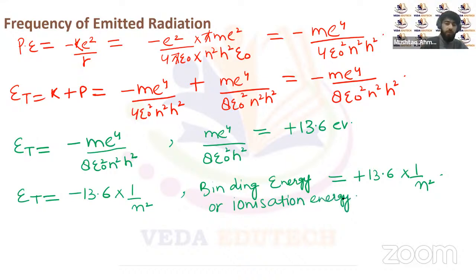So total energy is minus 13.6 into 1 upon n square. n is the quantum number, the principal quantum number, the orbit number. And binding energy is plus 13.6 into 1 upon n square. Now, talking about the